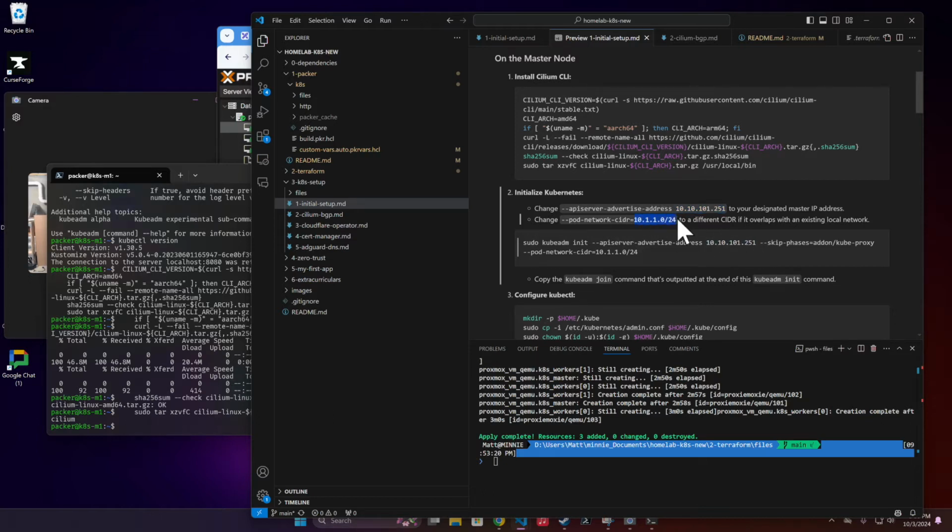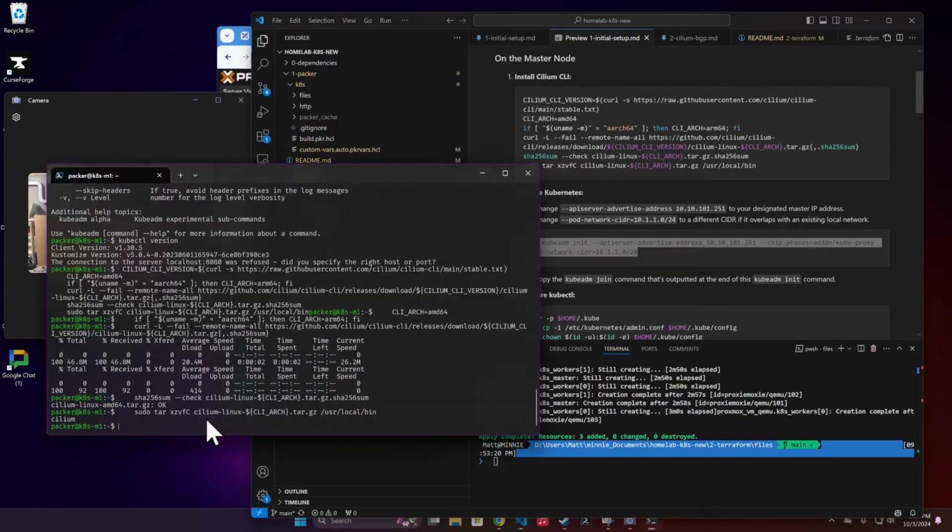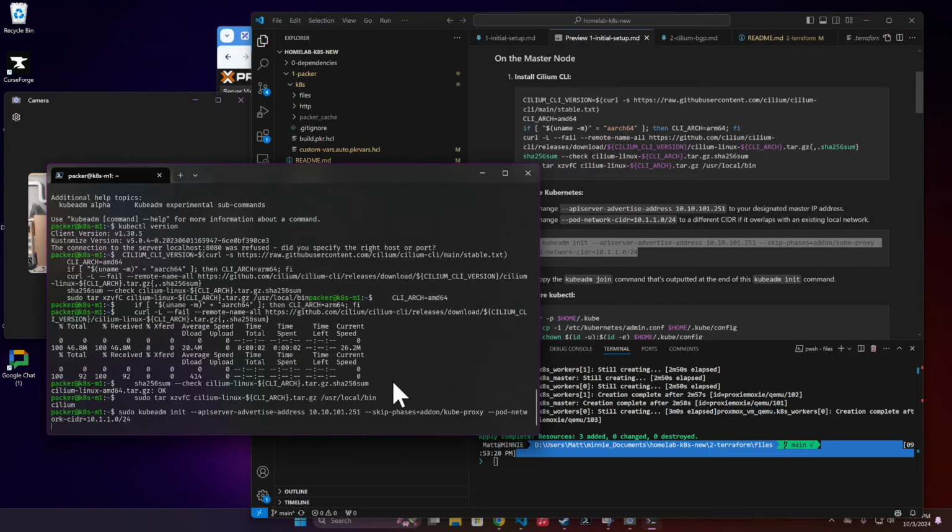And if we want to change the pod network CIDR, we can, but you don't have to. And this is not one that you access from externally or from your desktop. That's not an IP address that you would actually hit. The load balancer external IP pool is what you should be more concerned about. So you can just keep the pod network CIDR as it is, but yeah, update the advertise address though. So here in the master, we're going to copy that command, paste, hit enter,